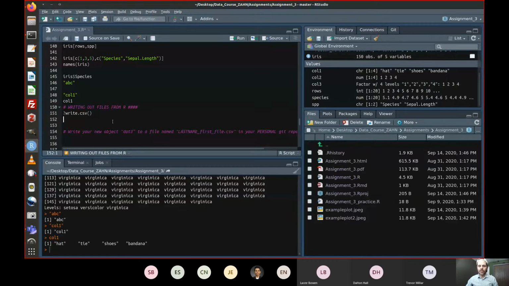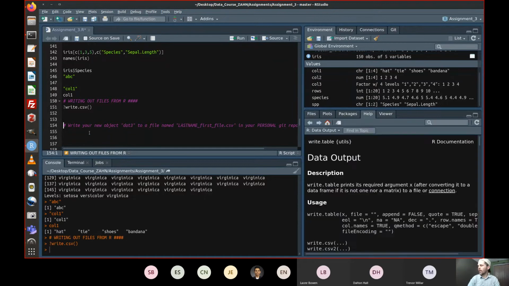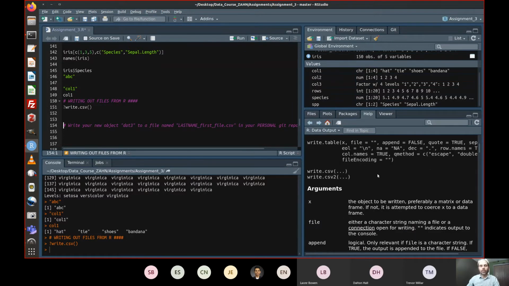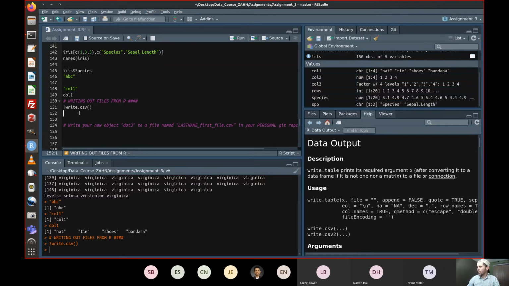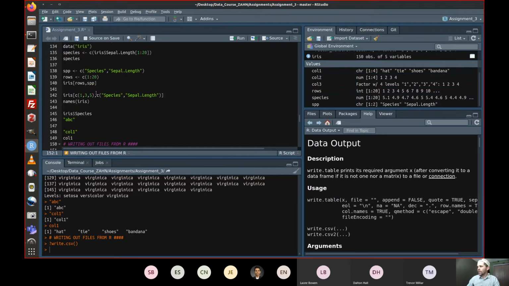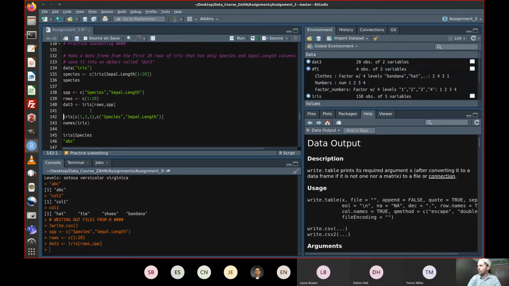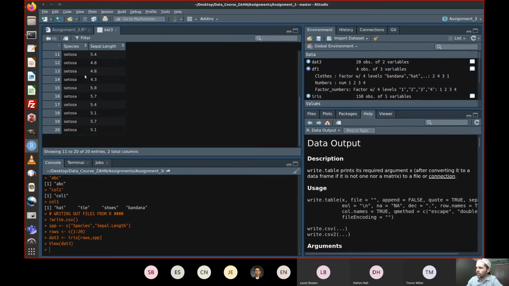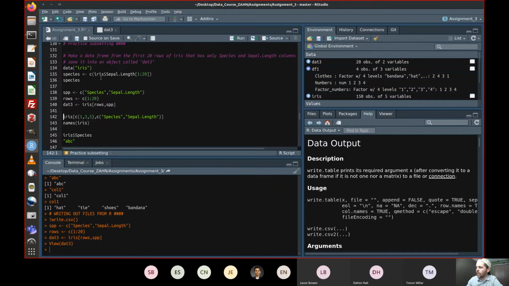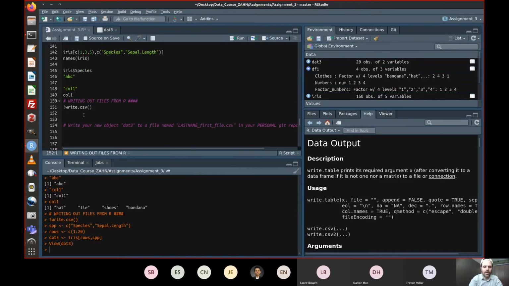Now the last thing I wanted to cover today was this function, write.csv. Okay. So if I do question mark on that, it's going to bring up the output. We're writing a file. Okay. So we've got our new little iris rows, species and sepal length. I'm going to call that dat3. Okay. So now we have something called dat3. It's just a subset of iris. It's the first 20 rows, just those two columns, species and sepal length. Okay. Write CSV